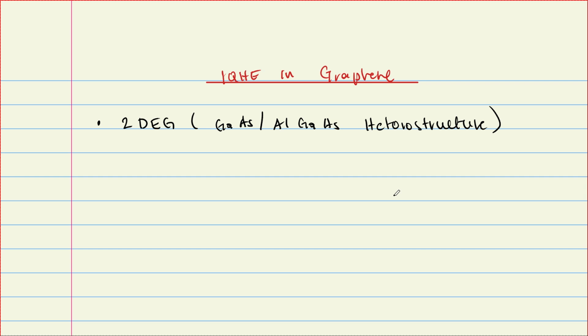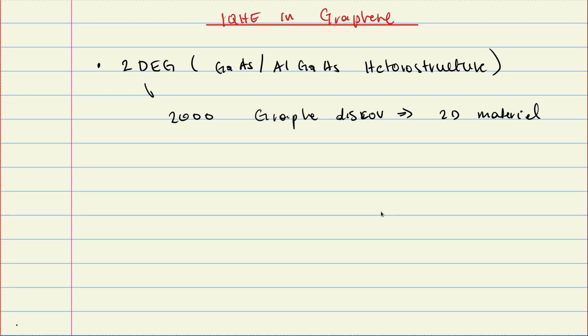But after the discovery of graphene, I think in the 2000s, which is a truly two-dimensional material, a 2D material, of course it was reasonable to consider if quantum Hall effect could be realized in graphene. And that's what has been done, and I want to show you the theory and a little bit of what comes out in the experiment. So to remind you,